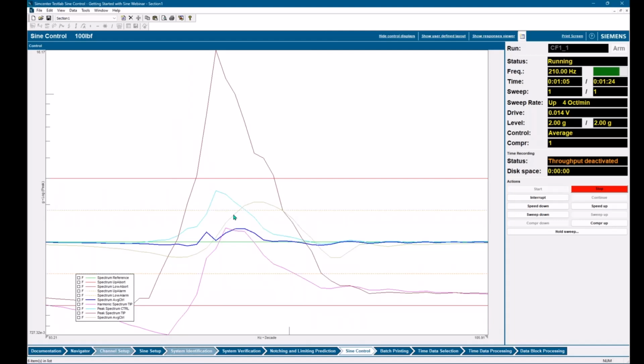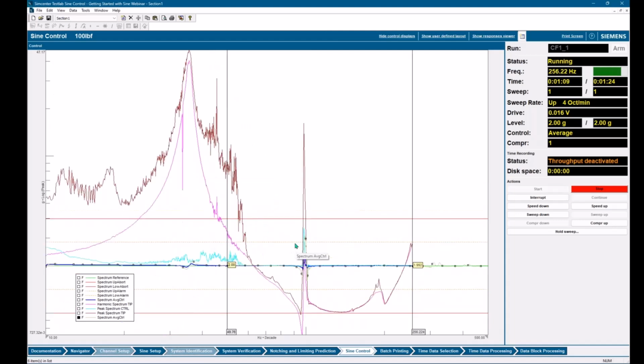This is our previous test that we just ran with a compression factor of 4. Compression factor of 1 seems to be helping us here.